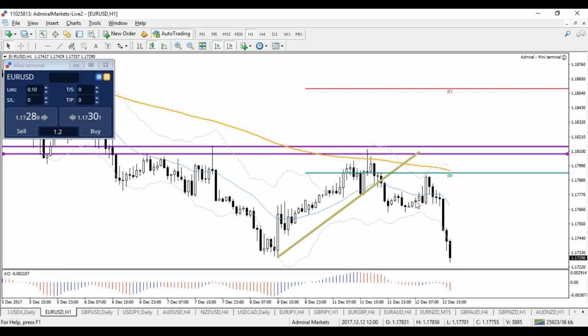Okay, but the euro dollar also moving down. So I was waiting for the break. I would have liked the break maybe to the upside a little bit better to the R1. Instead, it bounced at the weekly pivot point and it broke this trend line. So basically, the space for downside,